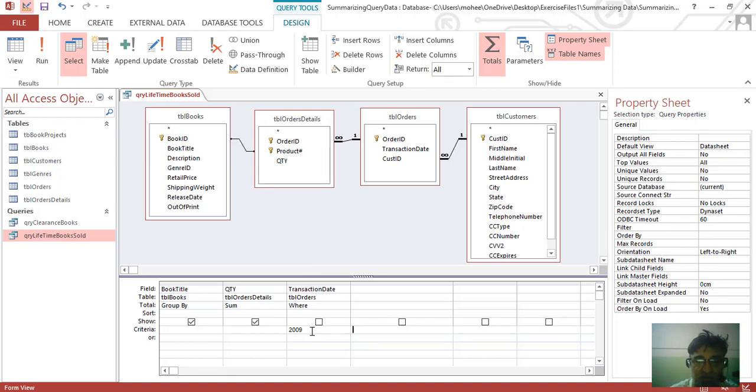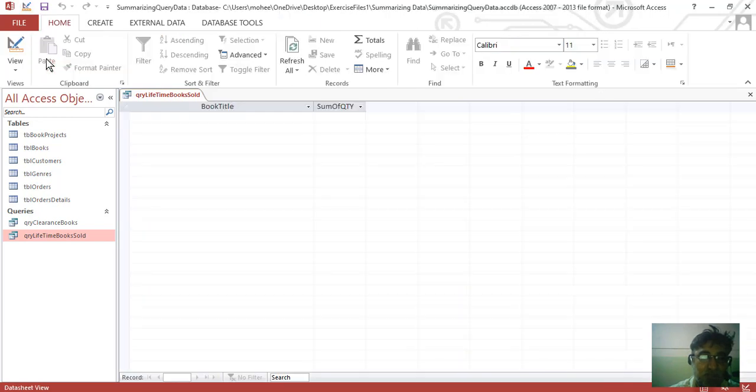For this case, we can give a single complete date because this is the transaction field, and we cannot give only a month or only a year under the transaction date field. We will have to give a complete date, a date which exists in the data, because this time the date which I am writing does not exist in the data. When I run the query, I will not get any data.